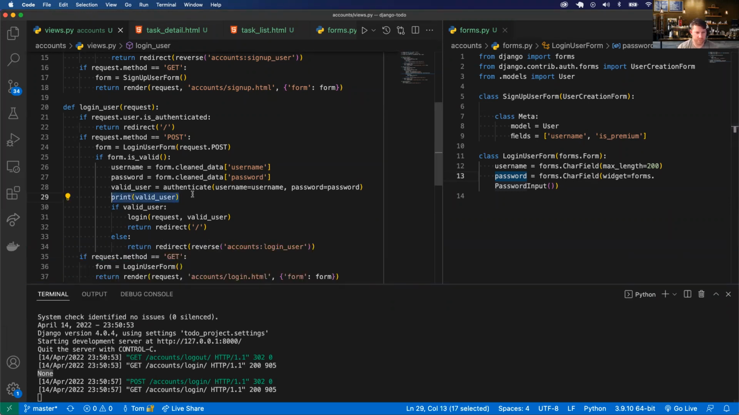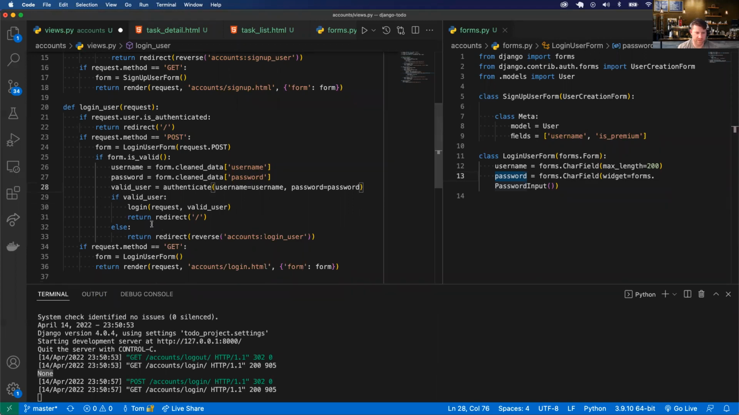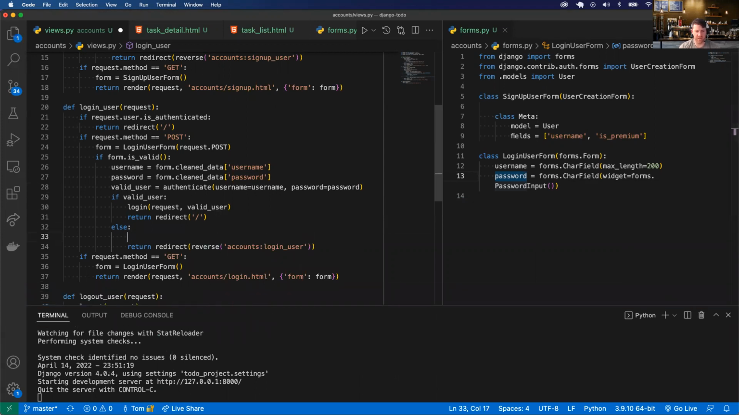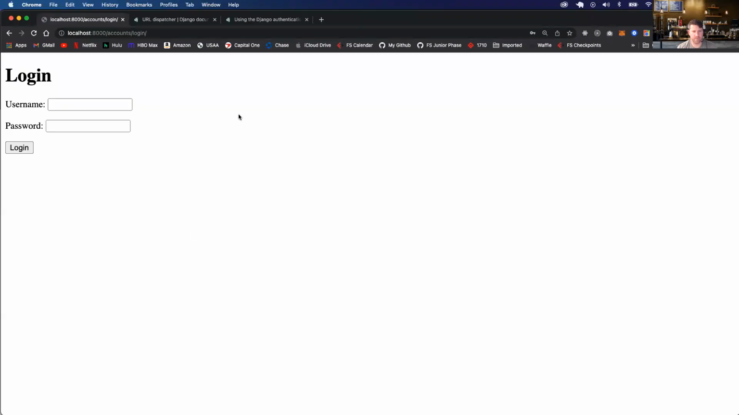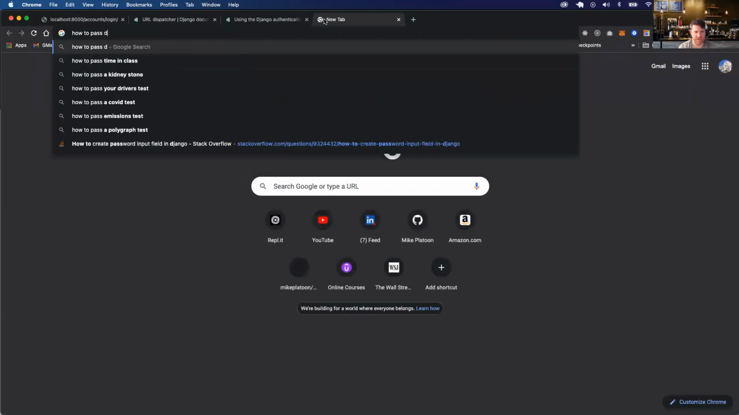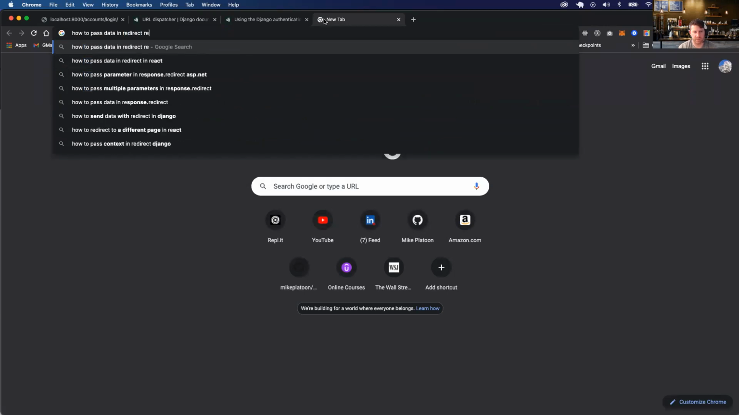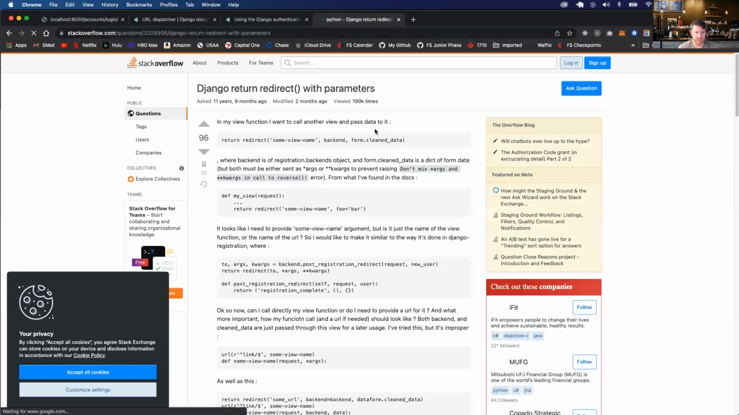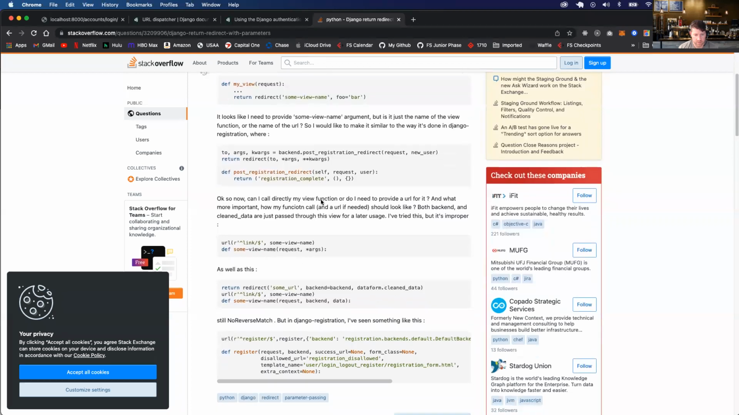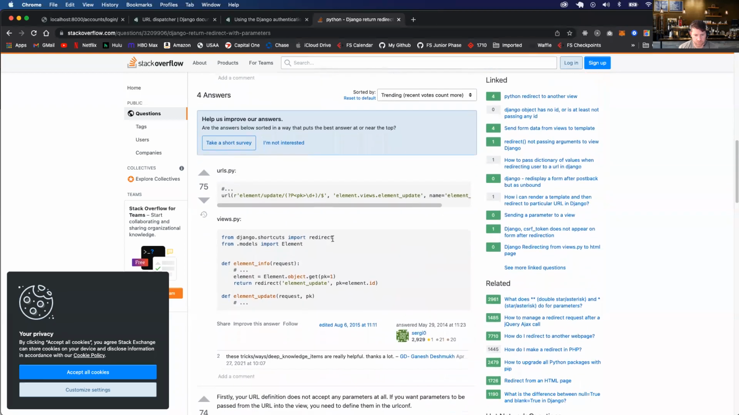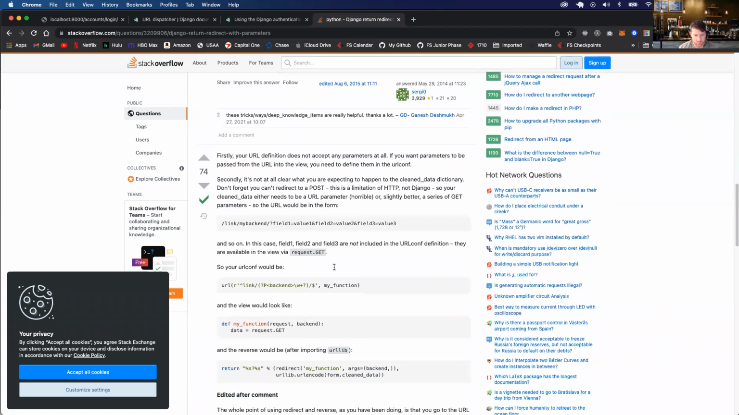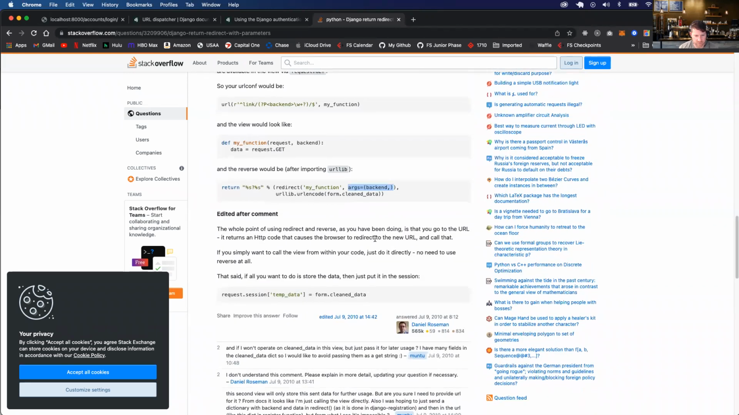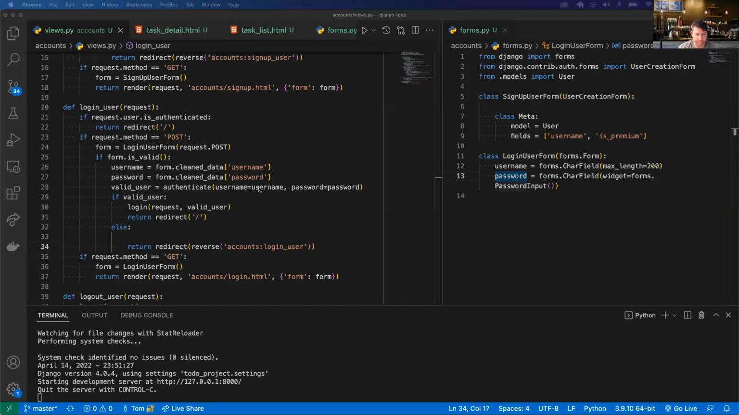So if it's not a valid user, I could just add some error handling here. Say how to pass data in redirect reverse Django. Here we go. Django return with parameters. I don't know if this is good. All right. Well, I can always just